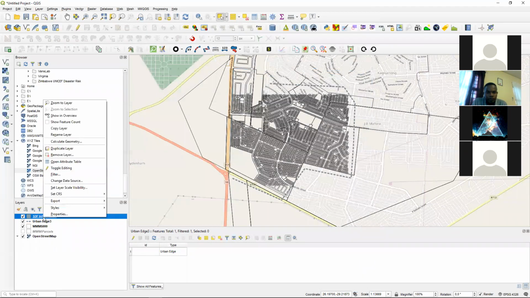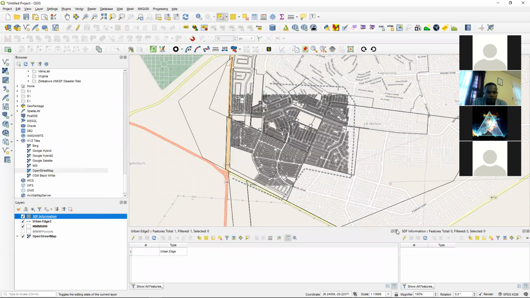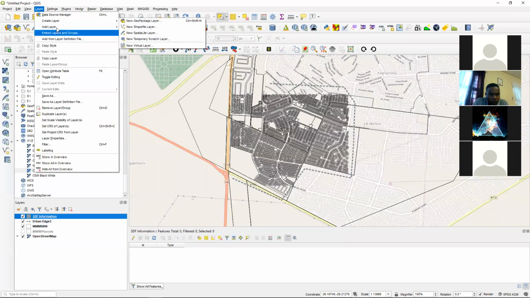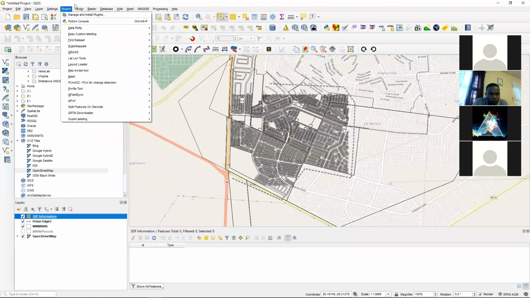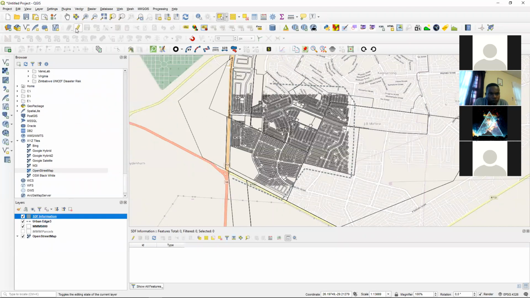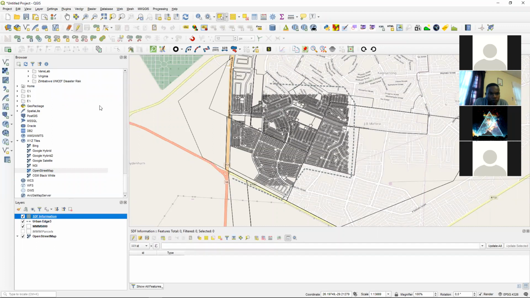Again, I'm going to open the attribute table, and there you see it is type. Again, it is empty, but there's the field that I've created. So now I'm going to capture my polygons. So again, layer, create layer, I go back, I've selected it, and I'm going to edit it using my yellow pencil. I use this green polygon to add polygon features,